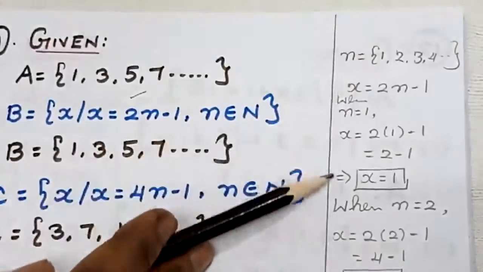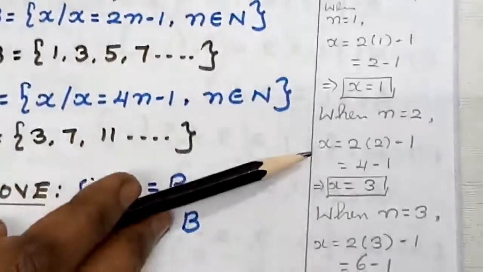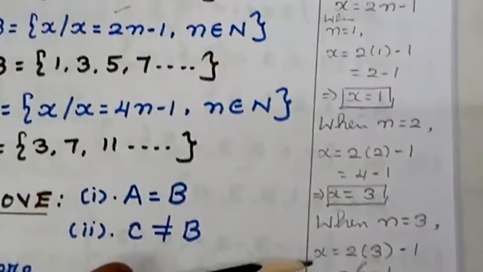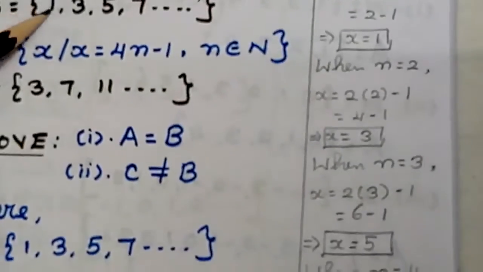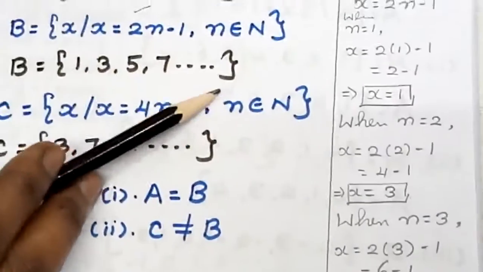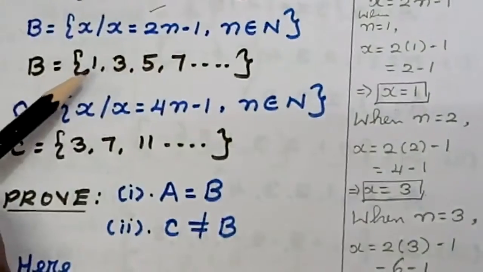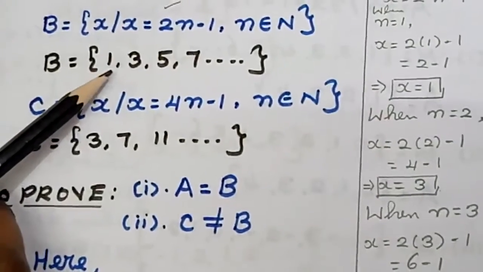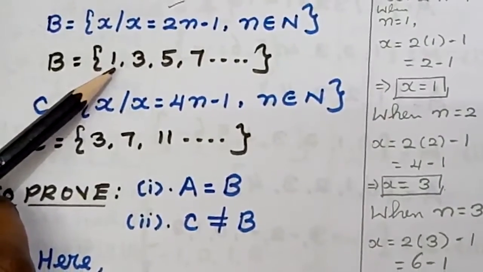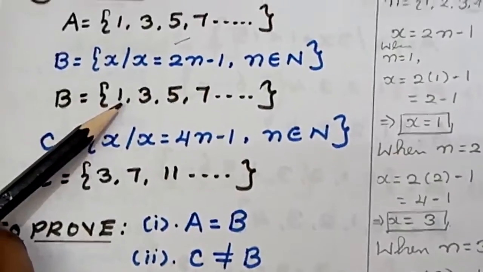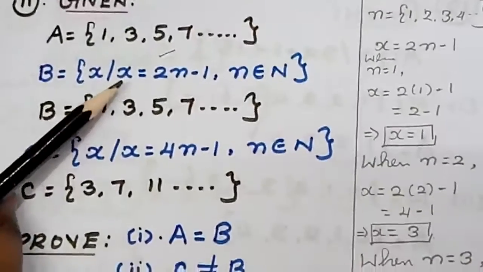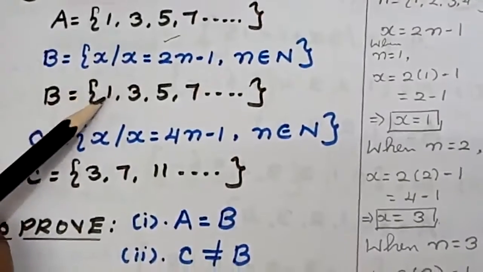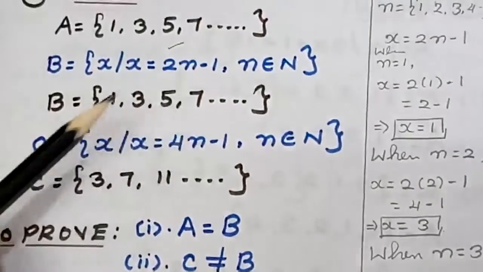I am going to substitute the values here, students, while I am calculating. I will be getting a set of values. You are going to see the rough work I have done. B equal to 1, 3, 5, 7, etc. It goes on. I am getting these values by giving the values for n in that particular equation, and I will be getting the answers for x. Those answers are 1, 3, 5, 7, etc.